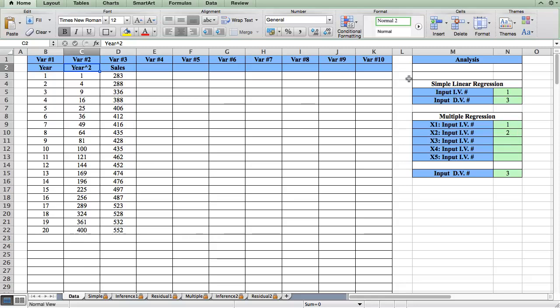And I've set this one up. We have two independent variables, 1 and 2. And of course, our dependent variable is still sales. So this would be a multiple regression. Looking at our results,